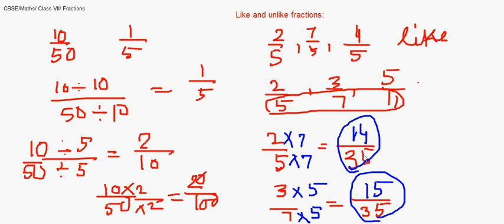Let's now learn addition and subtraction of fractions. When you have like fractions to add, which you might have learnt in year 4 or year 5, you simply add the numerators. But the question arises when you have unlike fractions to add. Suppose the first one is: find the sum of